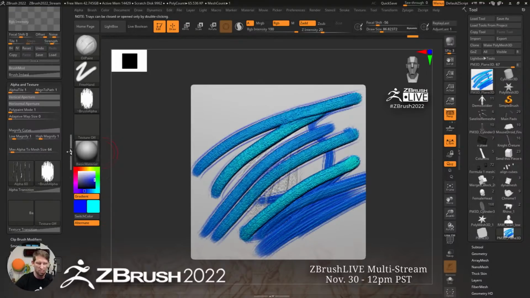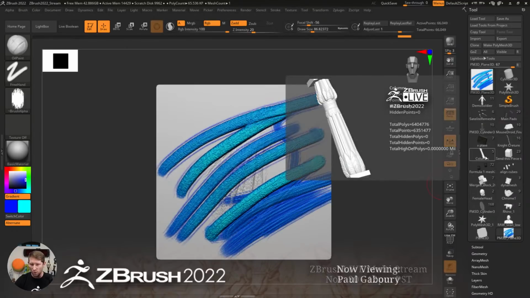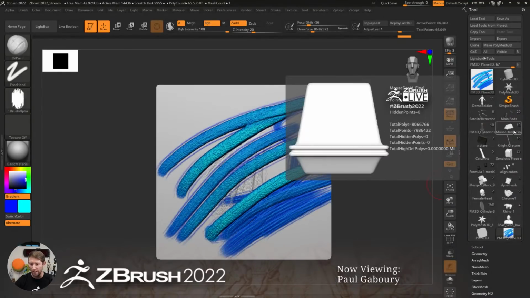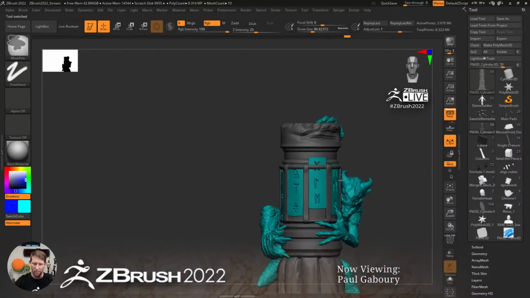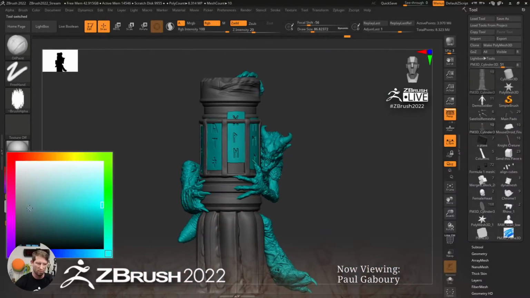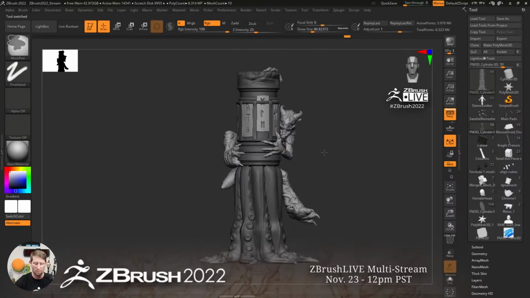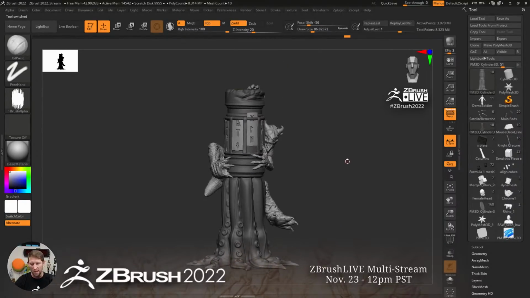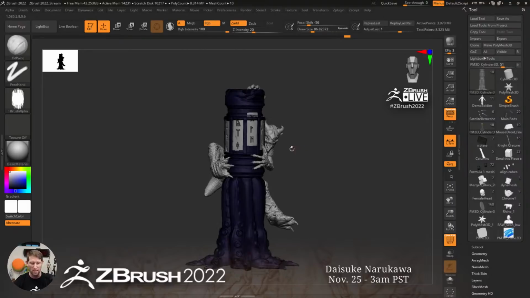All right, so let's continue moving along. Let's go back to, I got to find that guy again. Let's go back to that column, okay? And let's go to having just the white color here, no gradient, okay? So something that I also want to be able to do, which has been big for me, is alignments when I'm working inside ZBrush. So as an example,